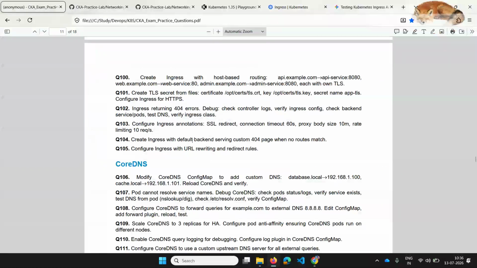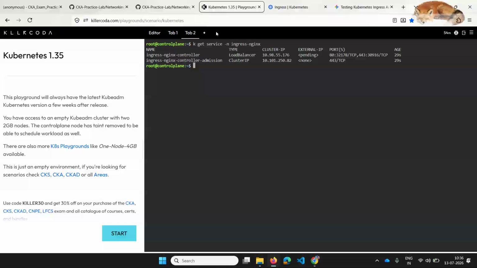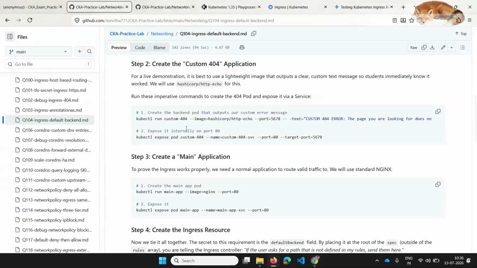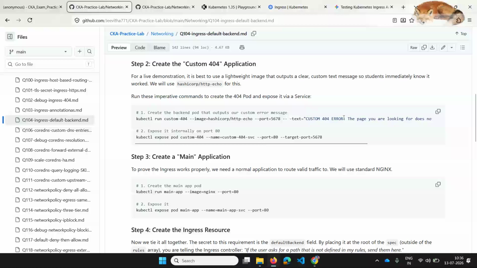For solving this question, we are basically trying to create a pod which handles the 404 error page. For that we will also have a service, and through the service we will expose that pod. This will be our default service, where any errors or invalid URLs will be handled and redirected to that pod.